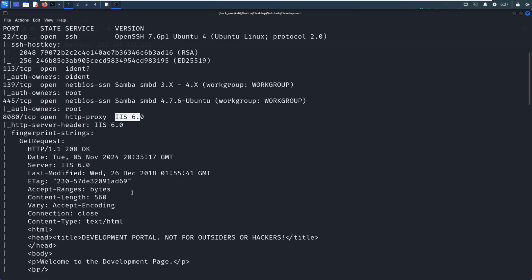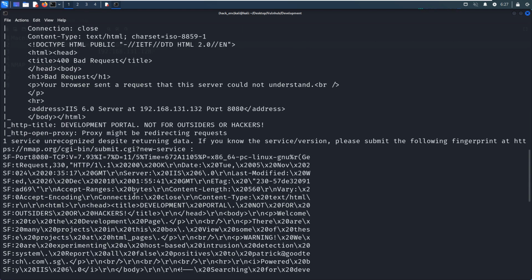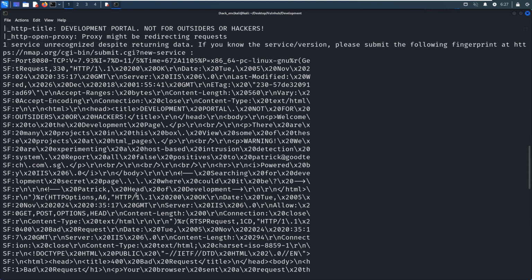Okay, so what can we do next? I think, as I mentioned in other videos, if the target has a file sharing service running, such as FTP, Samba, or NFS, such file sharing service should become the first choice to enumerate. This case would be the Samba service.